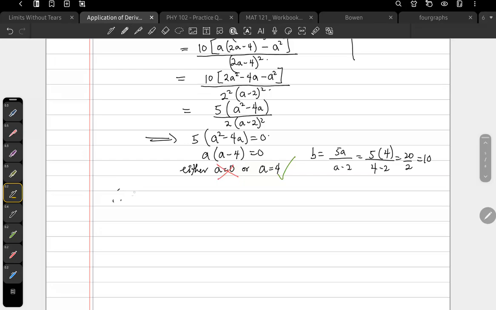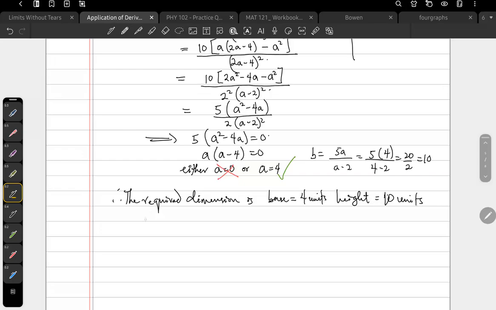Therefore, the required dimension is for the base to be equal to 4 units and the height, so the leg 1 is 4 units and the second leg is 10 units,